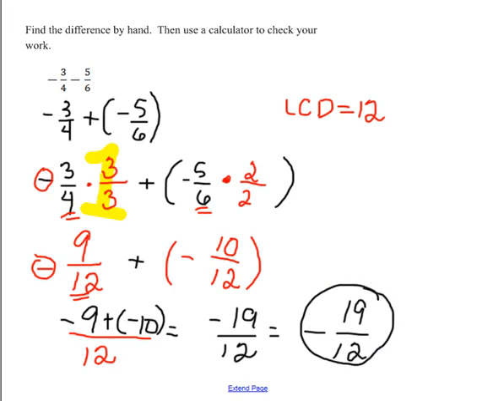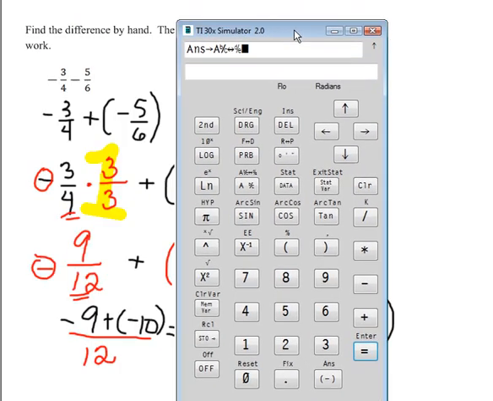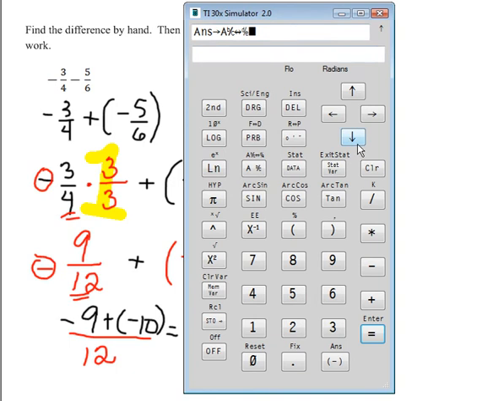So let me bring the calculator over. Since we're going to be working with fractions, we'll need to use our fraction key. So let me clear that out. So -3/4 minus 5/6. So -3/4, we're going to start with the negative sign, 3, and then the fraction key, remember, is up here. 3, fraction key 4. So there's -3/4. From then I'm going to subtract, so I go to this subtraction sign here, 5, fraction key 6. And when we press enter, we see that we have